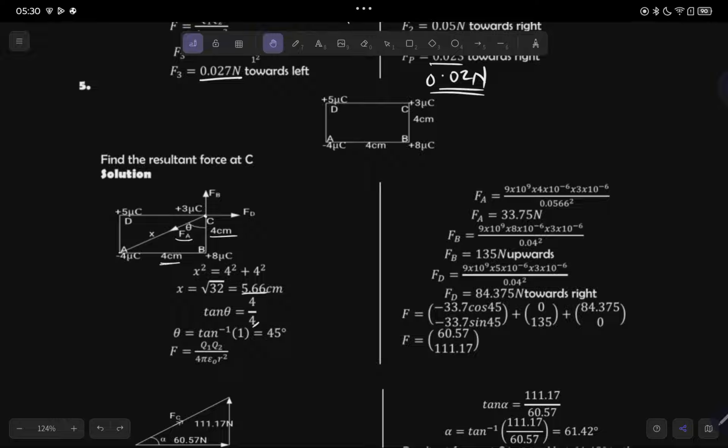We do the same thing for the force at B and for the force at D. We get 135 newtons upwards and 184.375 newtons towards the right. Kindly pause the video and work through those calculations yourself. It is very important. Now, after doing this, we are now going to the important aspect of treatment of vector